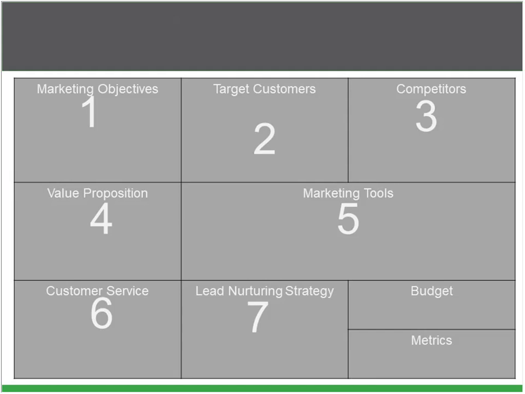The last two sections on the bottom right-hand side are the budget and metrics. So you would create this in a Word document or on a piece of paper and write these things down as you think about them. And the other thing I recommend you do is you do this every 90 days, because what happens sometimes